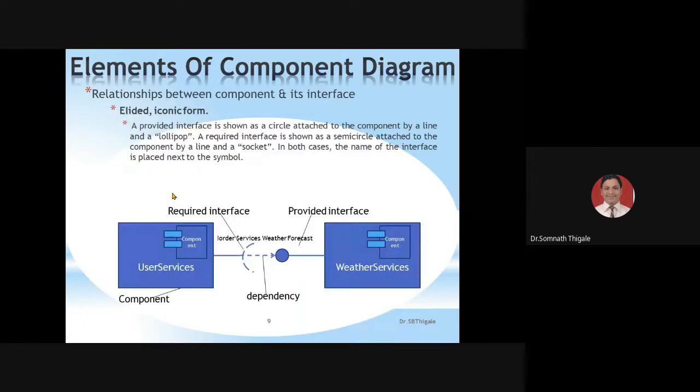In detail we have discussed this in the previous lecture also. Now this is a common notation for how to represent the interface. This is the provided interface, this is the dependency, so the required interface. These are the services provided, and these are the services that will be utilized while the system is up. So we are calling this simply a required interface. The dependency is normal, it normally shows the dependency, with a solid line.